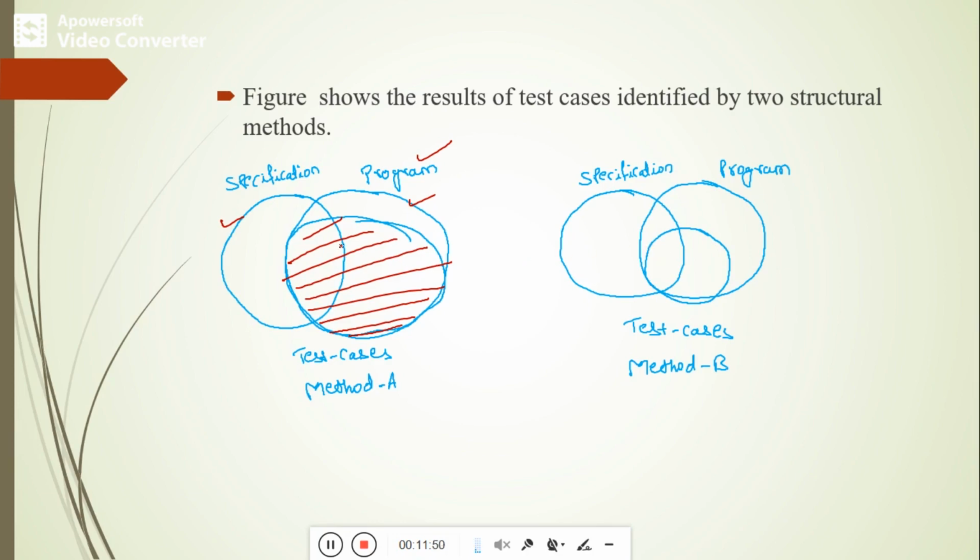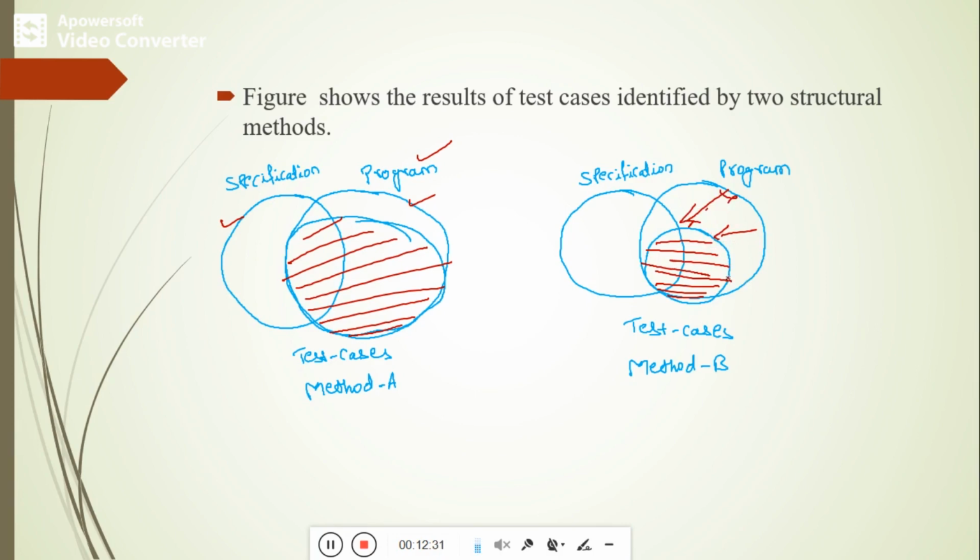Similarly, if the program is very clearly understandable by the tester, then he may write more test cases. If less of the program has been written by the developer or designer, then automatically fewer test cases are written. You can see in this figure, these are the test cases. These test cases cover only a small part of the program. Why? Because you can see this much code is not tested at all. Only a small amount of code has been tested by the tester.